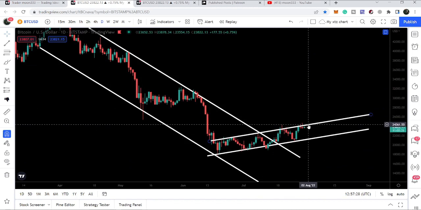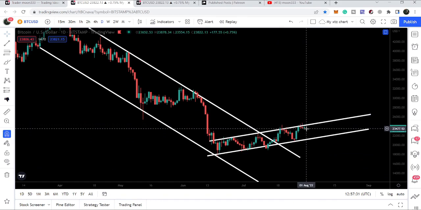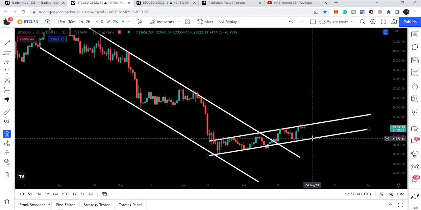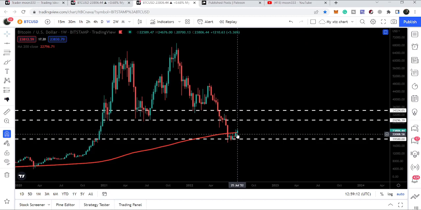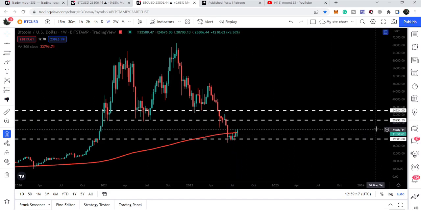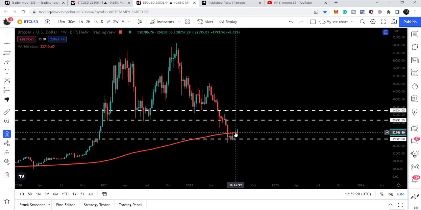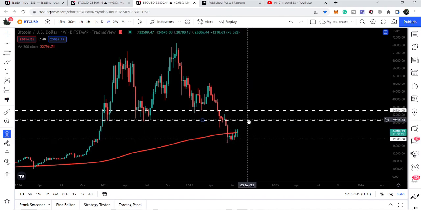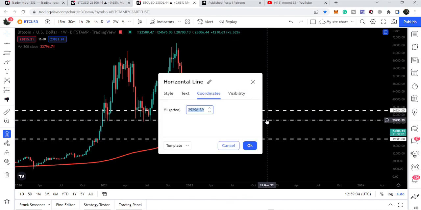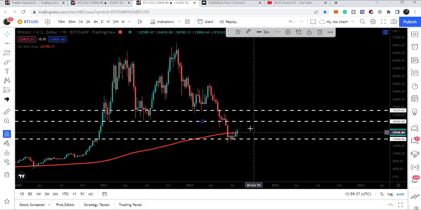But there is another support that can stop the price line to move more down in case of rejection to test the support of this channel, and that is the support of this weekly 200 simple moving average. Right now, the value of the 200 weekly simple moving average is $22,796, and you can see that price line is moving at $23,806. So we are above the 200 weekly simple moving average. And once we will have the closing above this 200 weekly simple moving average, then there will be a very high probability that we may move up to break the next key resistance of $28,600 that we have here, by the way, $28,600.